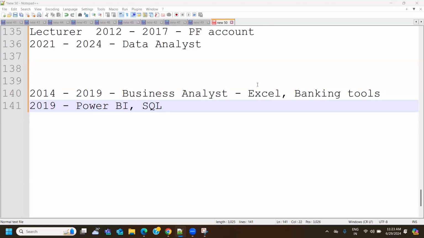I got a few projects in Power BI, which were support or admin related. Reports were already developed. If something broke, it came to us. We had to patch those Power BI reports with data source updates or visualization changes. Then I felt I had good enough exposure in Power BI, so I completely switched my role to Power BI development, where I developed end-to-end reports, starting from cleaning data, analysis, understanding data, creating visuals, and then sharing with stakeholders. So this is how you can explain.